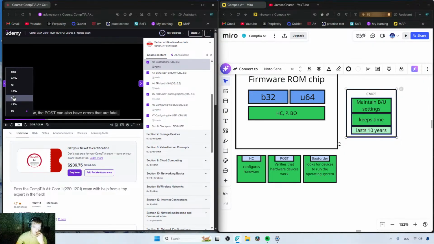Now, the POST can also have errors that are fatal, and if this is the case, it'll cause the current program to stop running and it will halt the boot process. This is important to understand because the hardware that's being checked by this POST test is all the essential hardware,